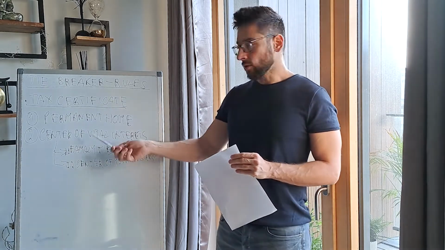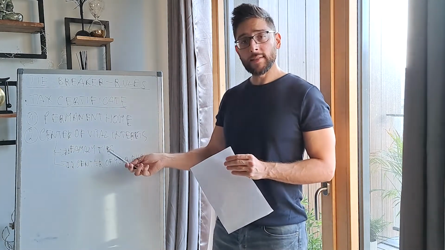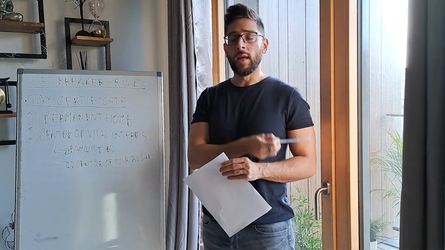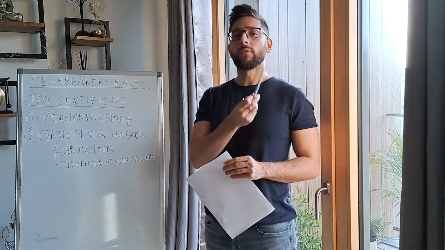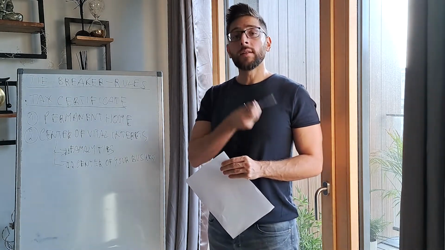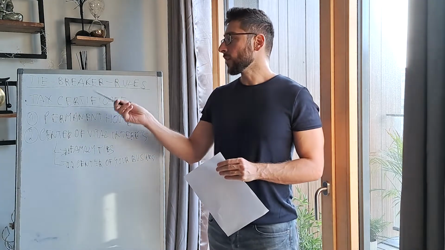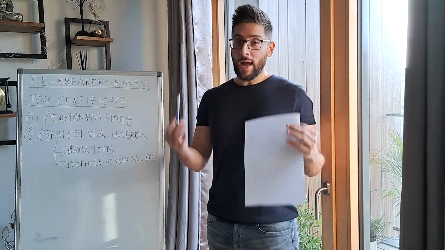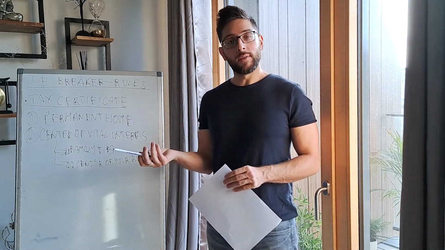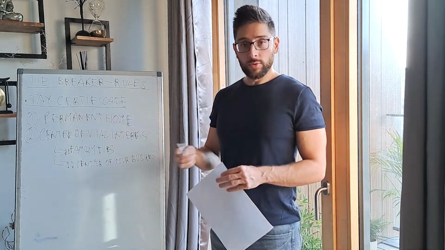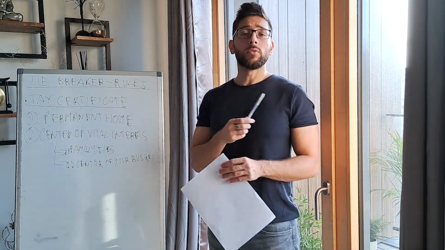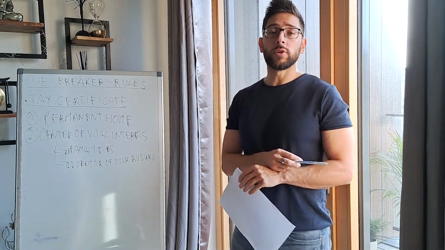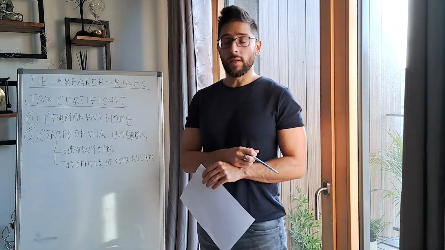Going into the center of vital interests in detail, you have family ties in your country. For example, going back to the previous example, if you have family ties in Germany and you move to Italy, so you have your wife and your child in Germany, you are still tax resident in Germany, even though Italy issued a tax certificate. So it's not enough to just move and pay taxes only in the new country if you have a family in another country. Because based on the tie-break rules, which is an international rule agreed between two countries, if you have a family in the previous country, the country of origin, you still are tax resident there.